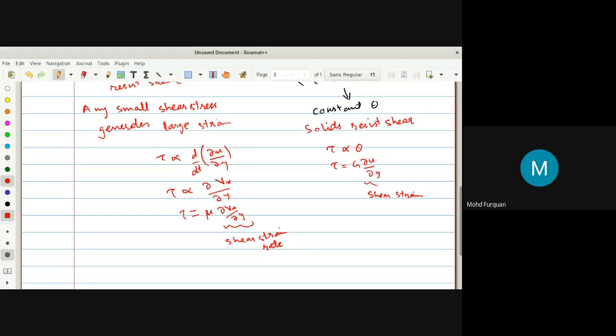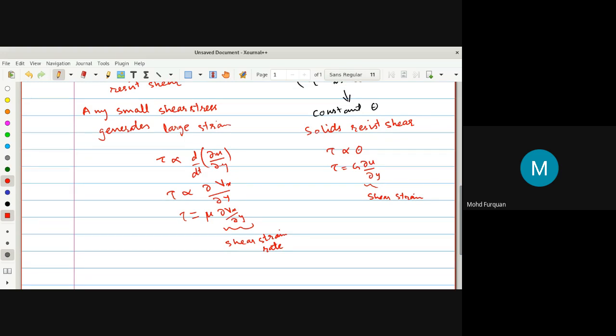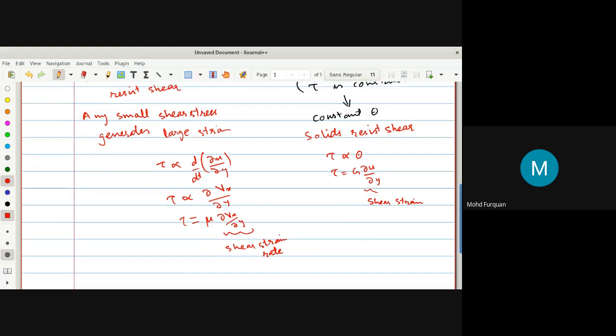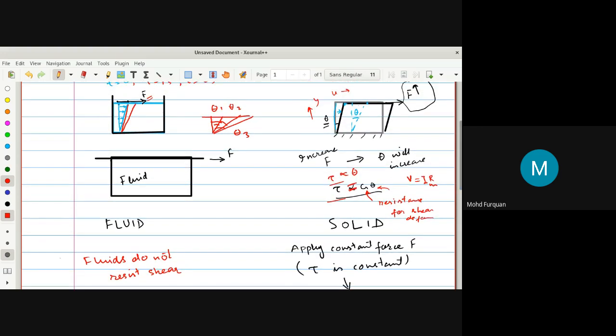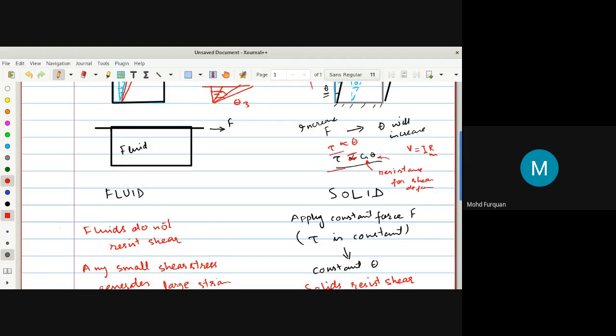So here solid resists shear stress by generating different values of shear strain. Fluid cannot generate different values. In fluid, you can't talk of shear strain because it keeps on changing with time. As time goes on, your strain will actually keep on increasing. So you can't talk of strain. You talk of strain rate, that is, how fast this will go on.